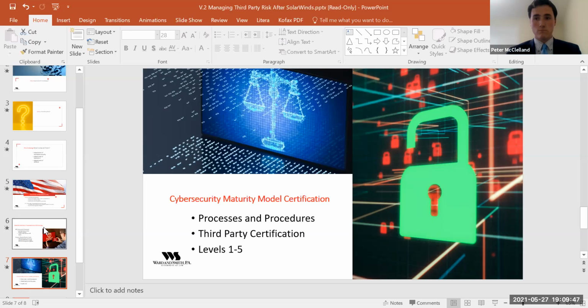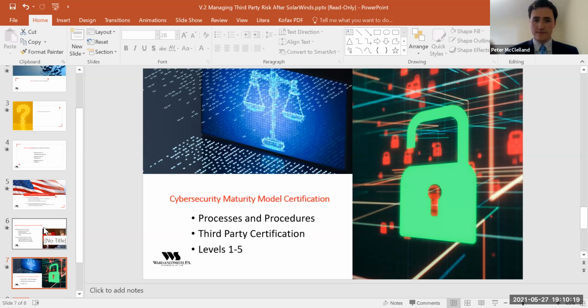And in a world of SolarWinds, it's not clear that having a cybersecurity maturity model program would have stopped SolarWinds, but having some kind of third-party authentication that the top processes and procedures were in place would have given us a much better chance of discovering this.